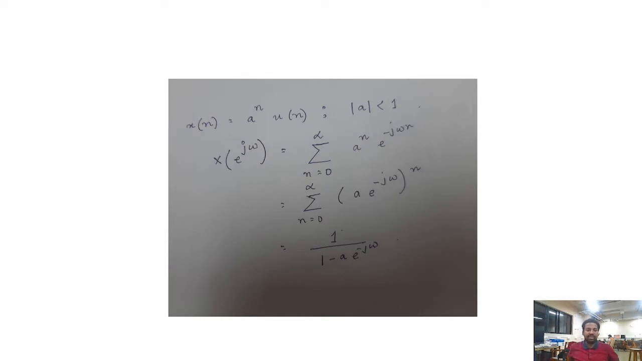So the first question, that's a very simple one, and the example is x of n is equal to a to the power of n into u of n. And obviously we all know u of n is a unit step function, and as described in the previous classes, we know what is unit step. A unit step is a signal where its value lies from